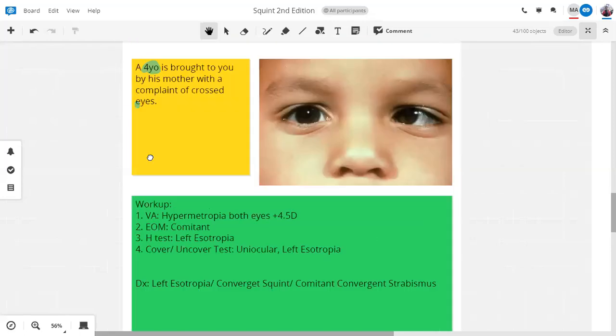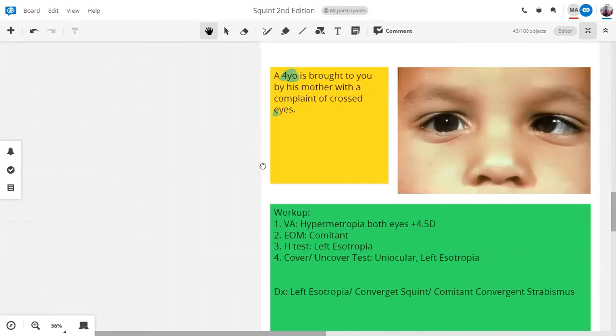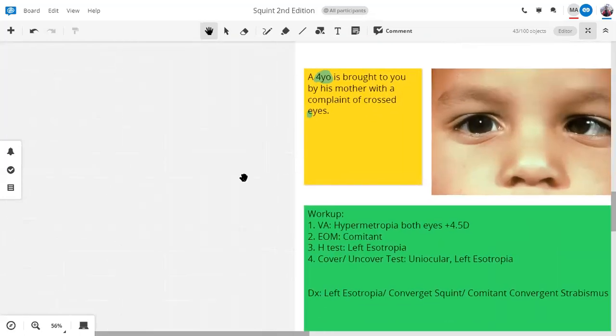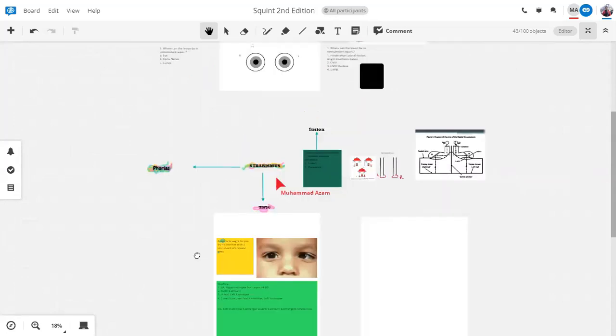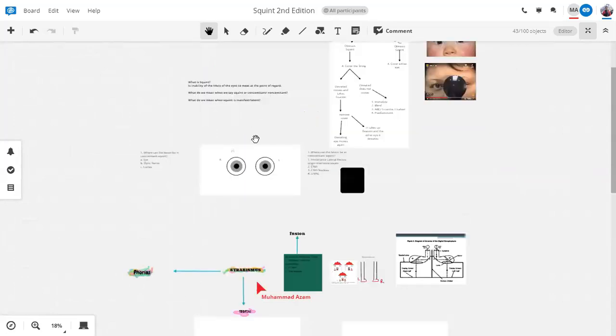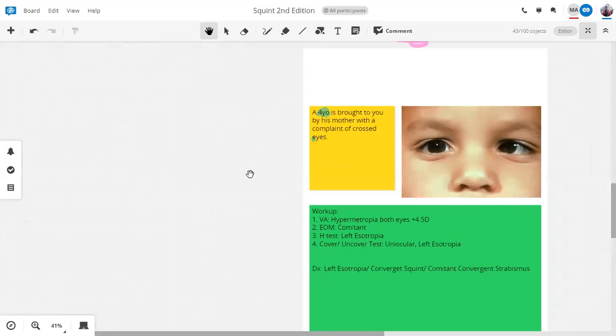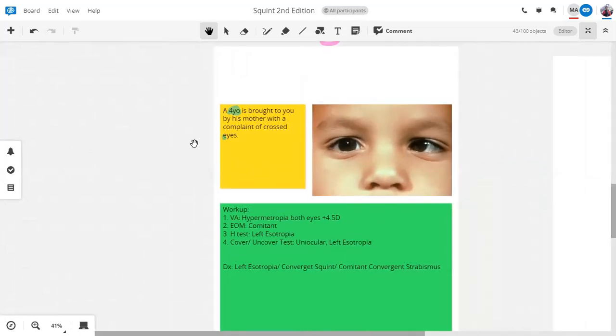In children who are hypermetropic, hypermetropia means farsightedness. They are unable to see the objects which are close at hand. So when a person is unable to see objects which are close at hand, can he do anything which